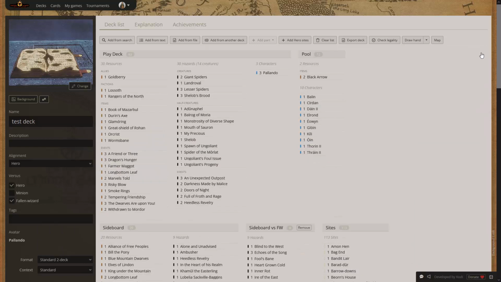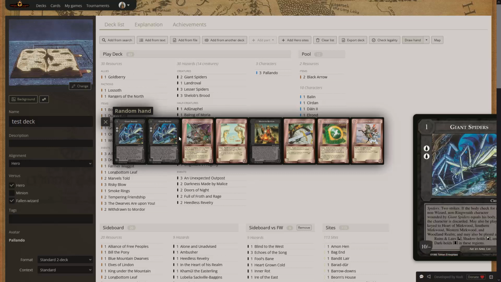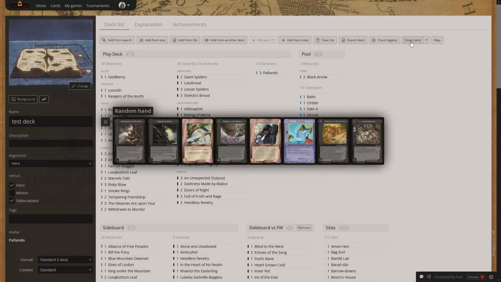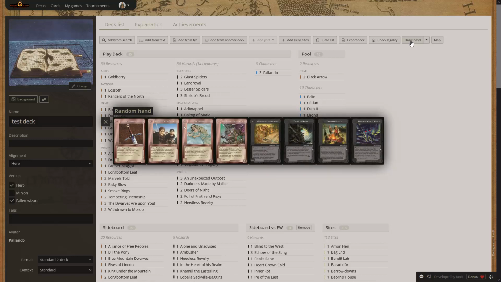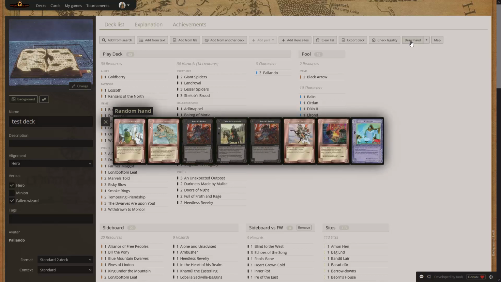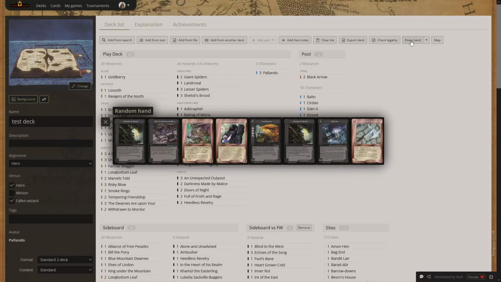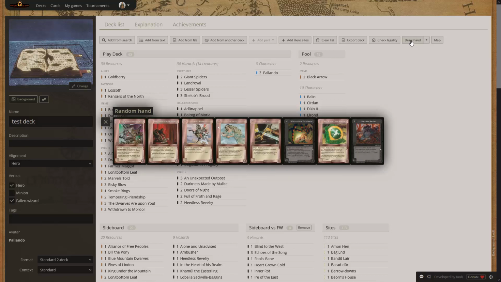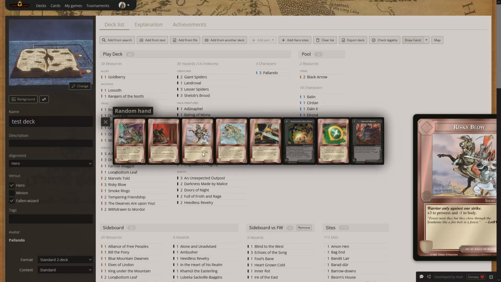Okay, and you have another functionality here, which is draw hand, and this will take 8 random cards from your play deck, and you can just keep pushing and take different starting hands, so you can just check if it pleases you how the deck is behaving. So maybe your deck, you draw 50 different hands and only in 5 of them you have resources, then you have to think about getting more marshalling point resources in your deck and not pack everything in the sideboard